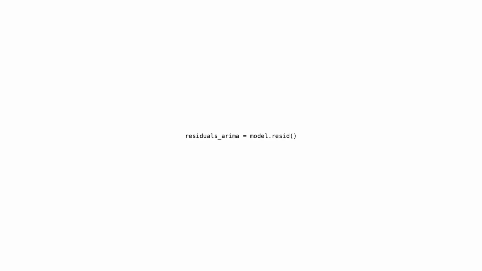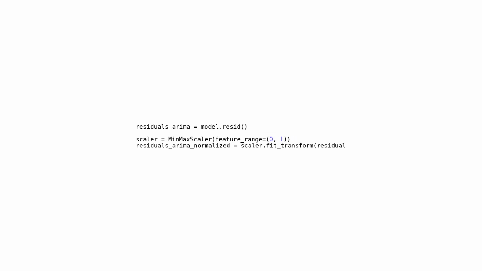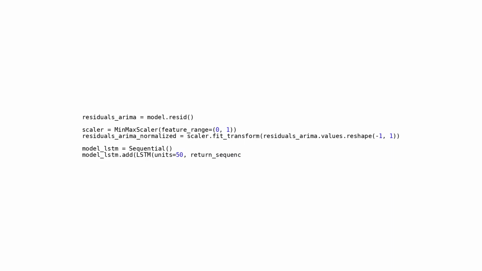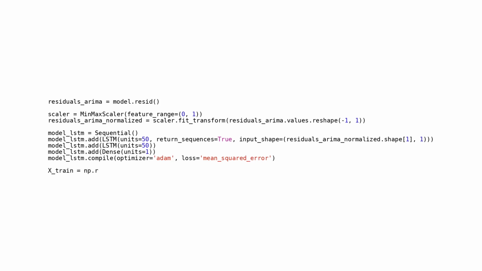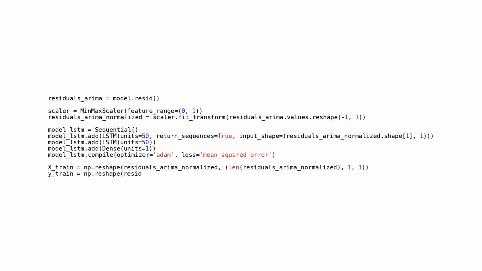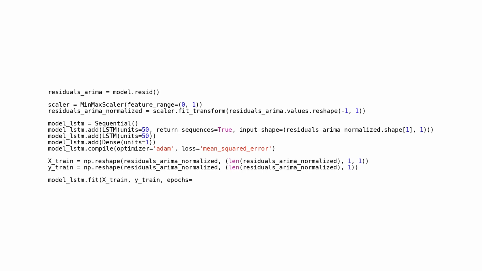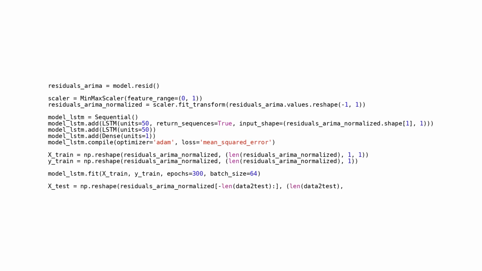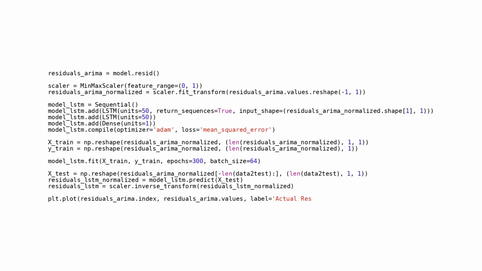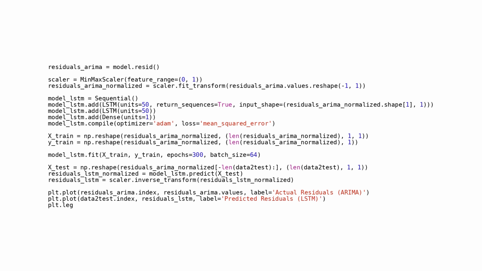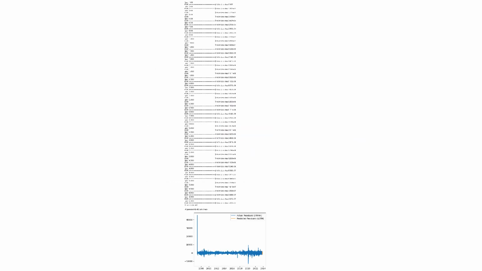data. This snippet of Python code prepares data from a previous Arima model for input into a long short-term memory LSTM network. This process involves obtaining residuals, normalizing them using a min-max scaler, and reshaping them to fit the LSTM model's required input format. The model consists of 2 LSTM layers and a dense layer for output and is trained using the normalized residuals as both input and target data. After 300 epochs, the model predicts the residuals of a test dataset and transforms them back to their original scale using the same scaler. The original and predicted residuals are then plotted on a graph using the matplotlib library for